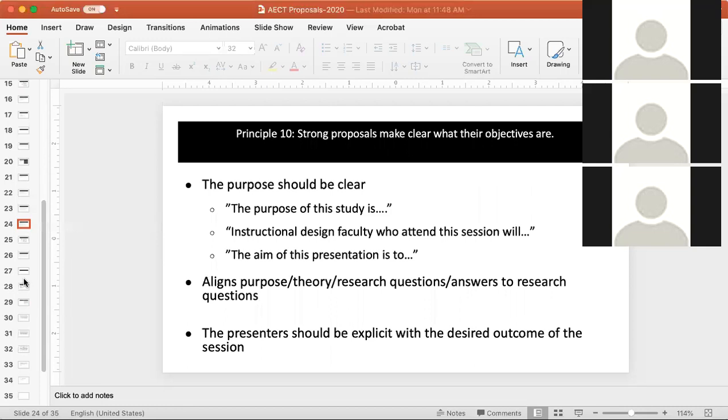Strong proposals make clear what their objectives are. Explicitly state what the purpose of your session or your panel or your proposal is,